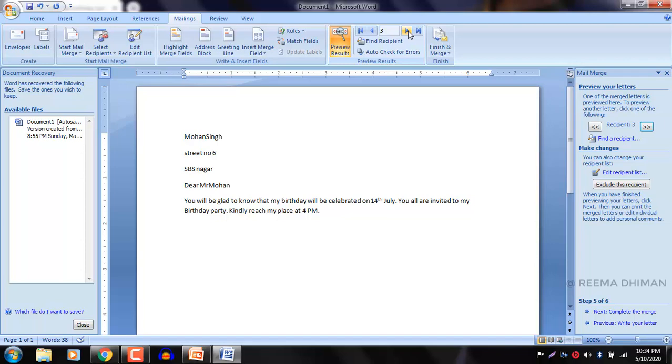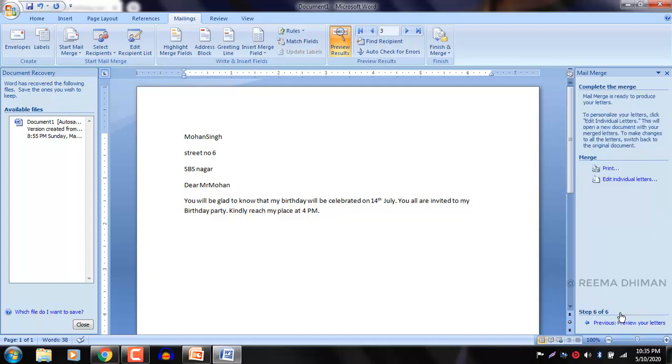So the last step is printing the letter. You can take the printout of your letter with the merged data of your data source. So for this, what you have to do, you have to either click here or you can also use this finish and merge. So let's use this, complete the merge, and here is the option print. So after selecting this option,